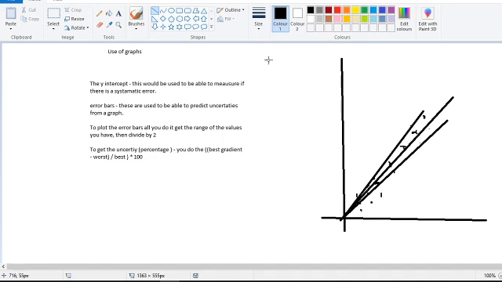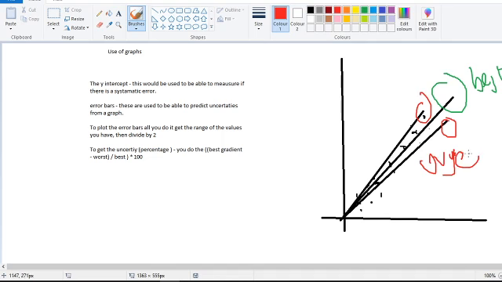So you would do the gradient of this one, so the middle one, and that's the best. Then you do the gradient of these two, and then you would average it out, and then after you average it out, you would put it into this formula,